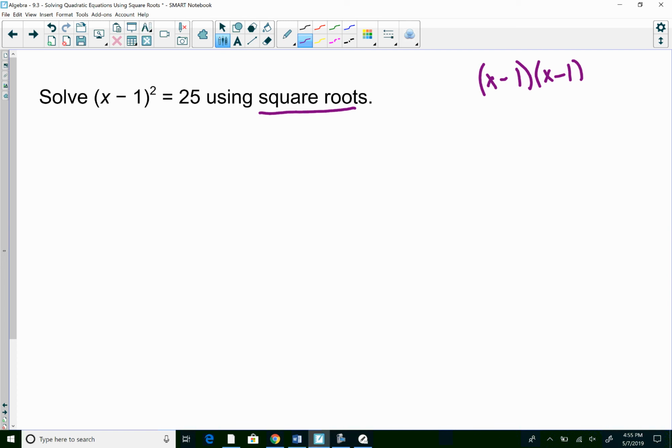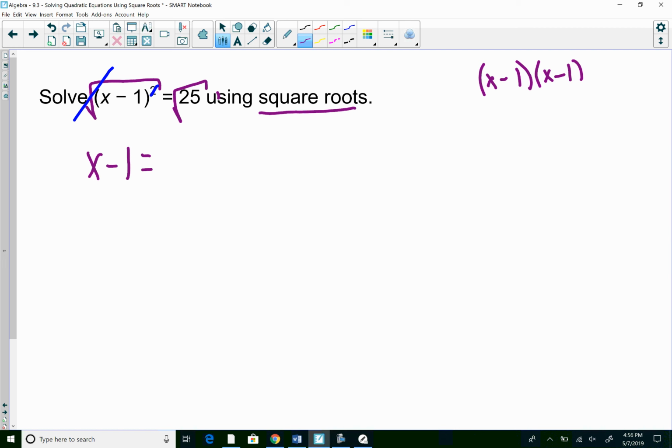So what we are going to start by doing, in order to get x all by itself, is take the square root of that entire quantity. So the square and the square root are just going to cancel each other out. This then turns into x minus 1 equals,